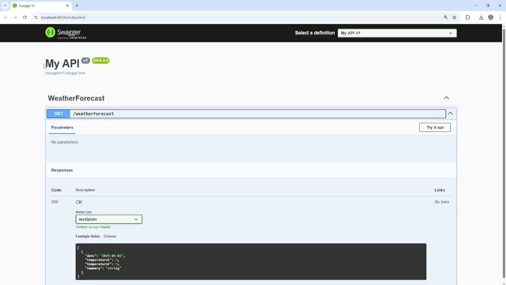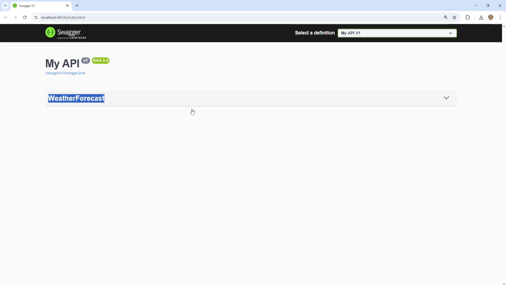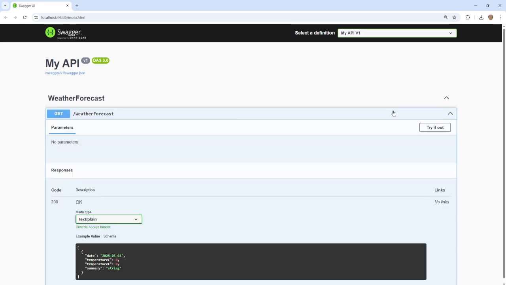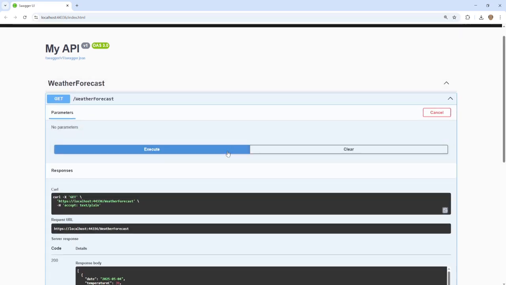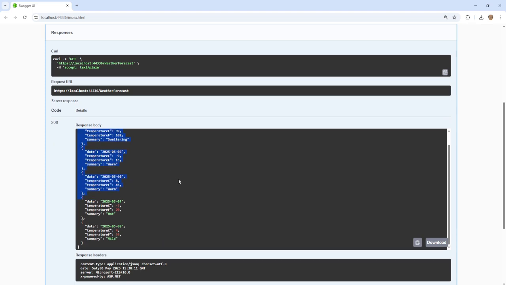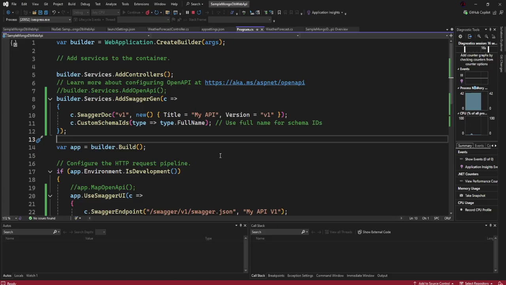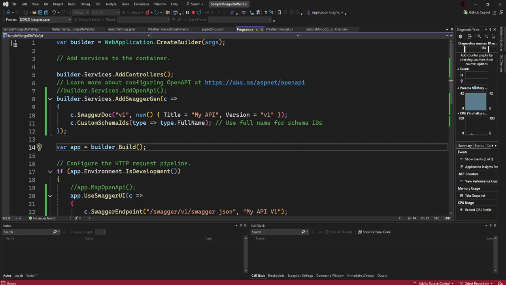So you can see we have here my API, and this is weather forecast. You can also try. So if we just say try, we should get some data. So this is the data that we have. So that's one step we've done. So I want us now to start and